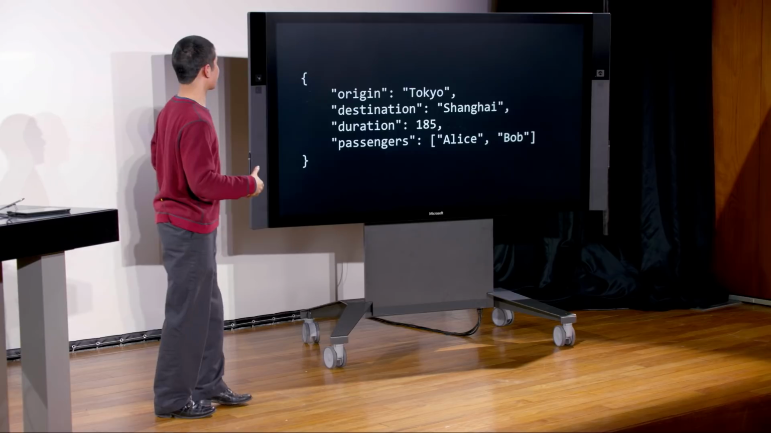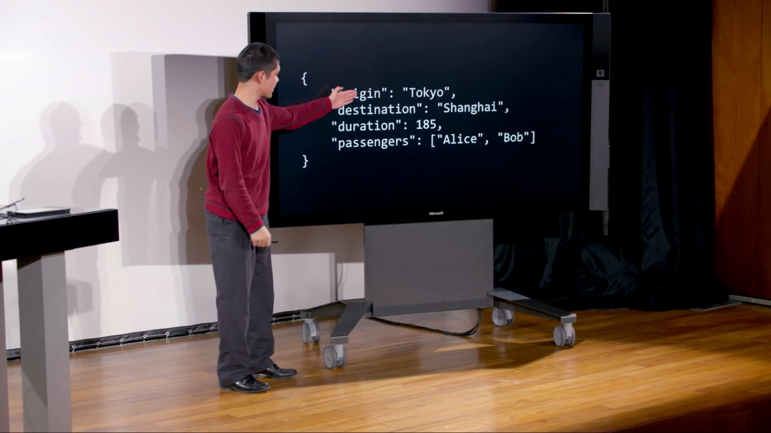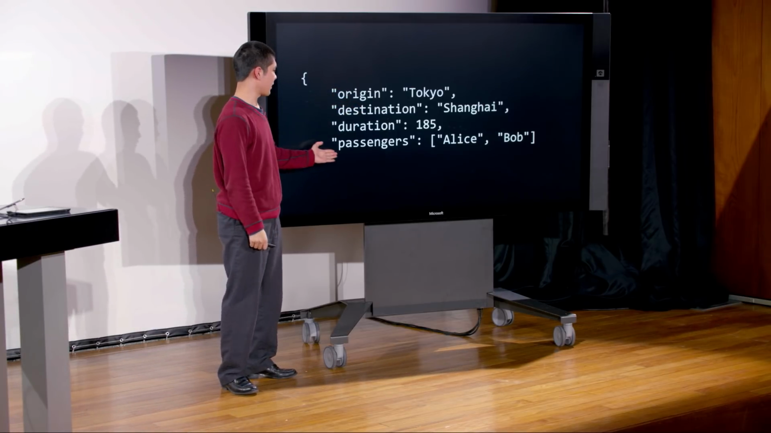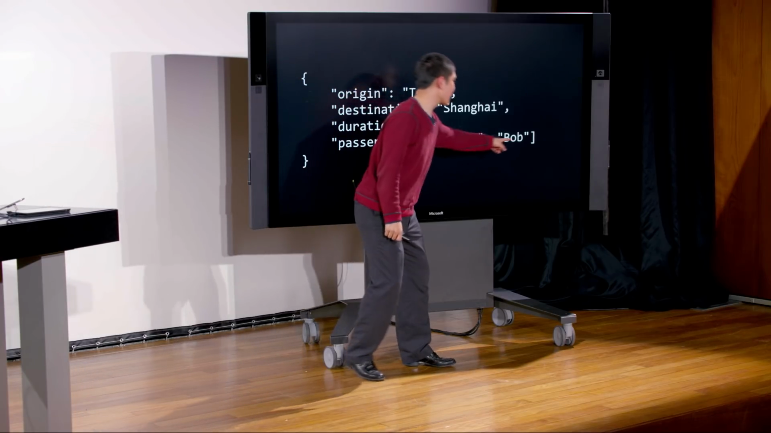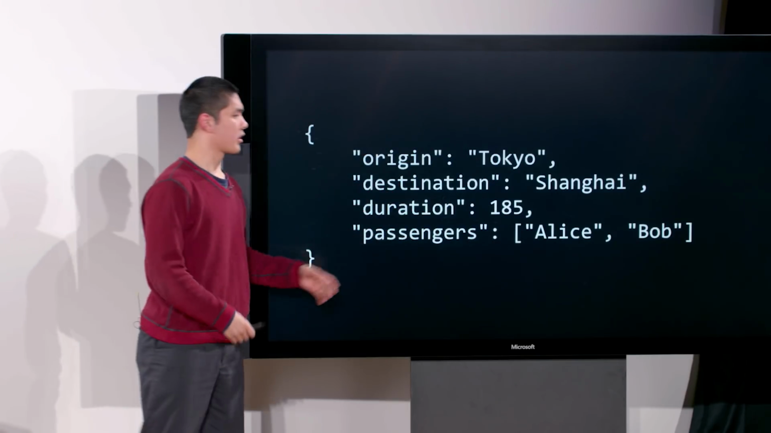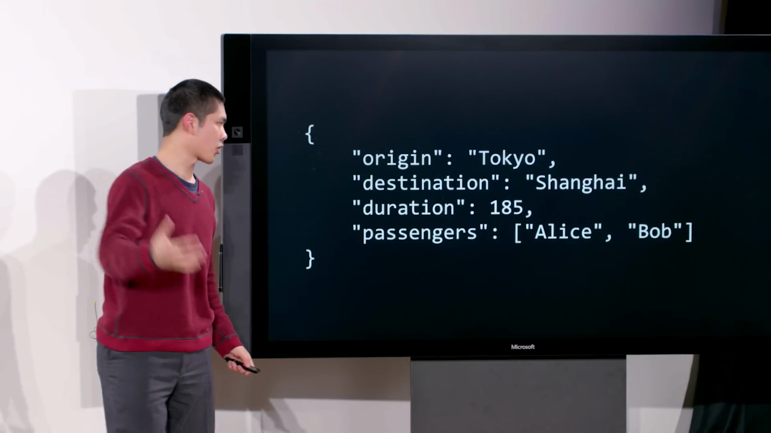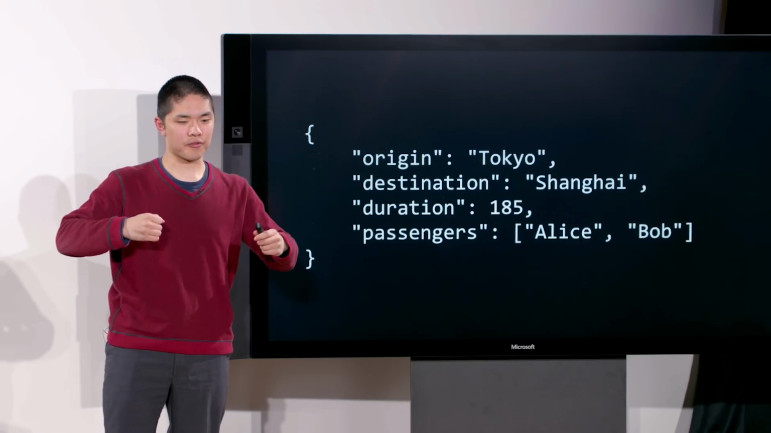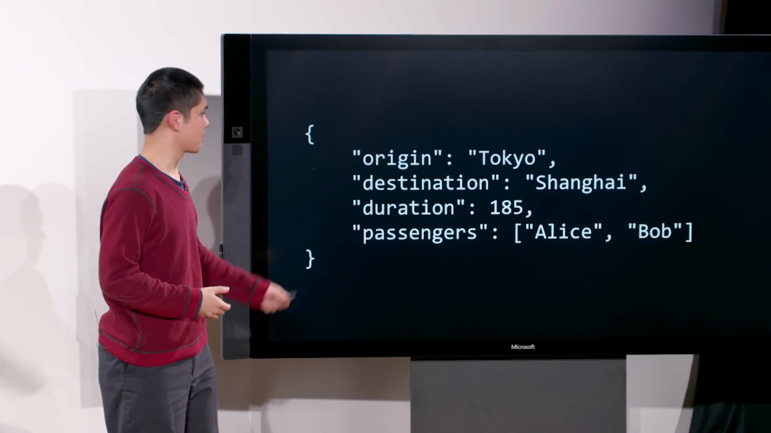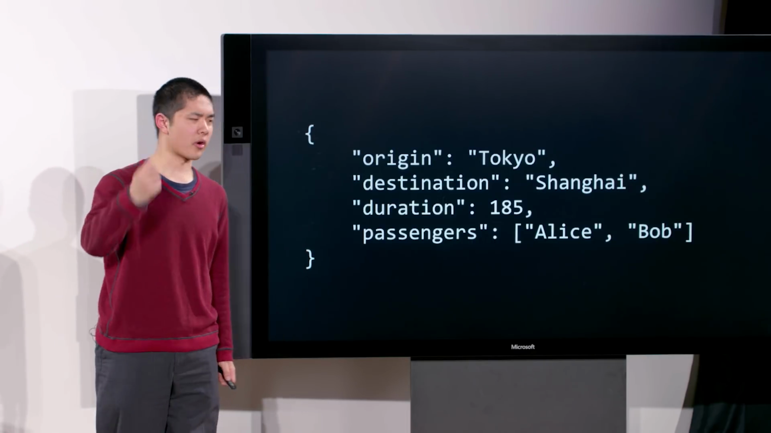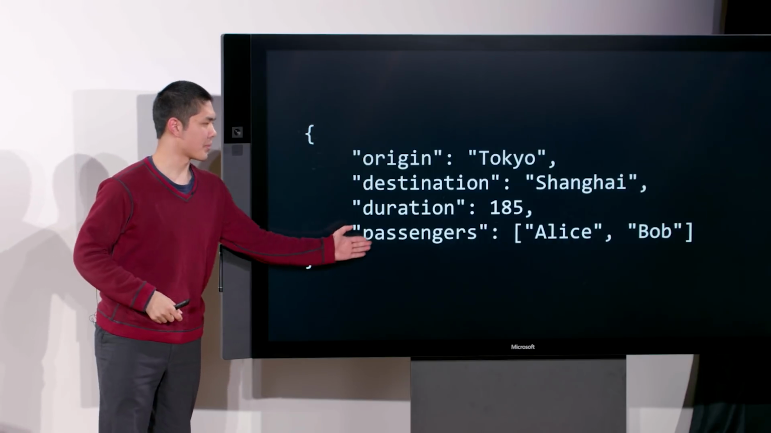And so that might look something like this, where in addition to having an origin and a destination and duration, I also have this list of passengers that has a name Alice and a name Bob inside of a list, so that now when I try and get information about the flight, if my application programming interface, my API, gives back a JSON object that looks something like this, now whatever computer is receiving that information can process this list